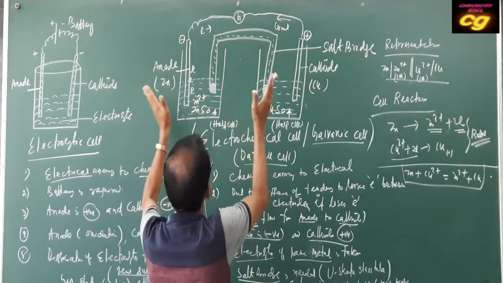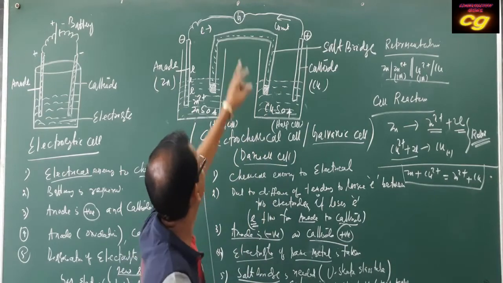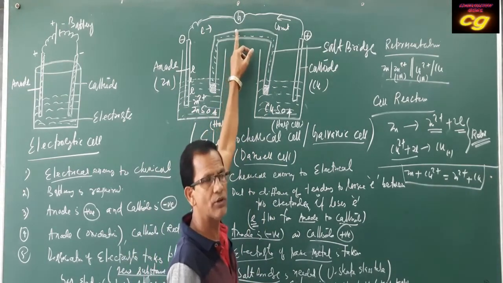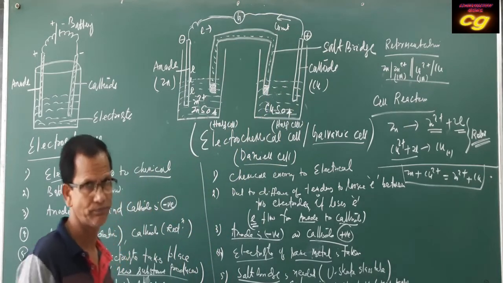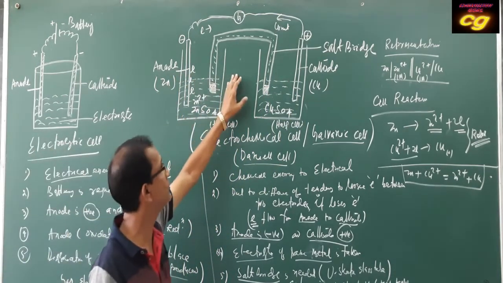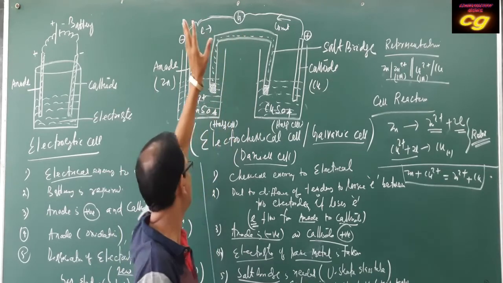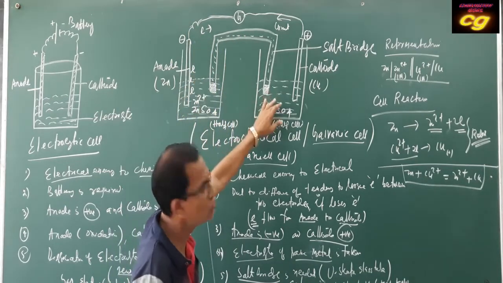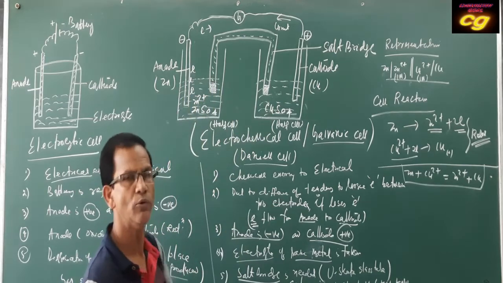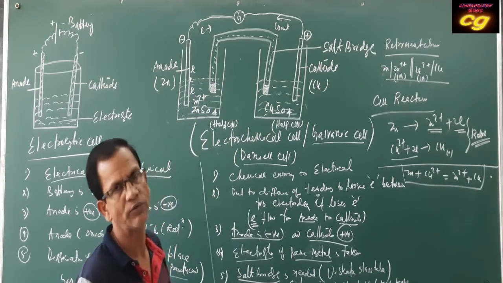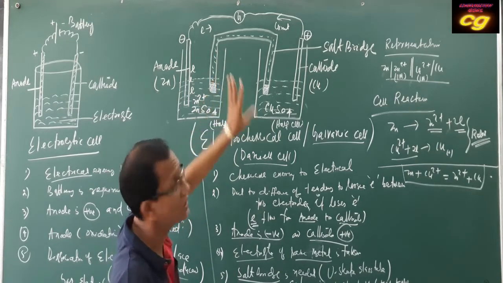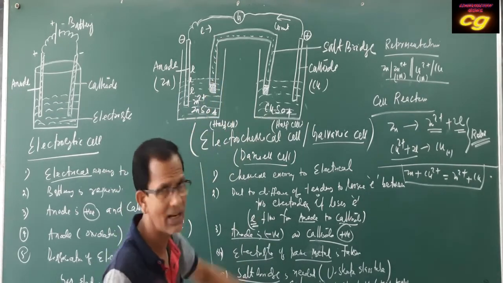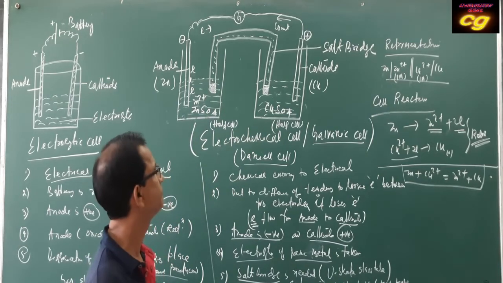If you take 2 zinc half cells and connect to the galvanometer, this is G, the galvanometer, which is used to indicate the flow of current. A small current that flows is indicated in the galvanometer. Anyway, if you use 2 zinc half cells, there will be no formation of electron. There will be no indication of current flow in the galvanometer, because both half cells have the same tendency.